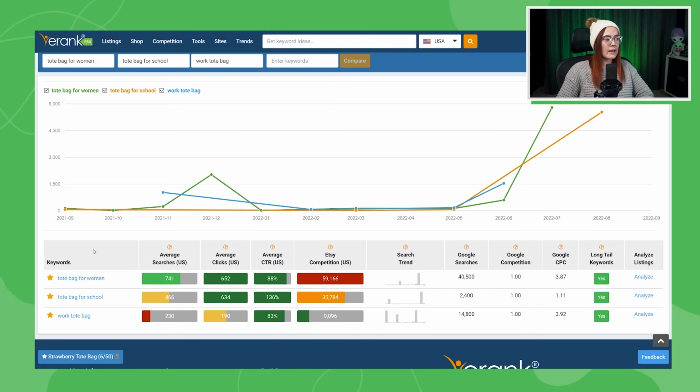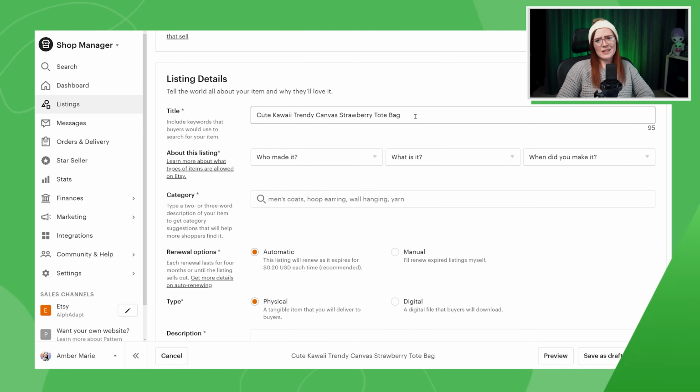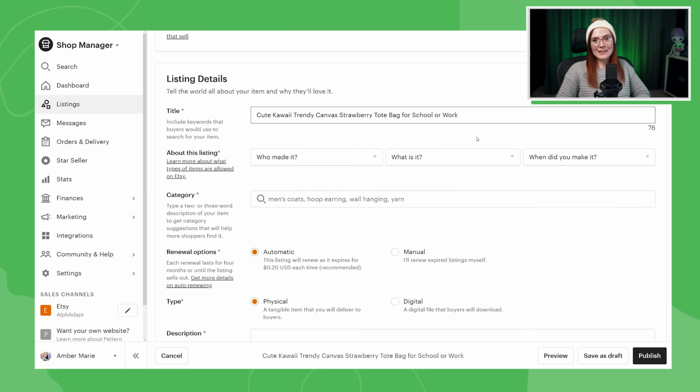Looking at these numbers, I can already see that tote bag for women is going to be really hard to rank for. So for now, I think I'm going to target shoppers who are looking for tote bags for work or school, since these will be easier to rank for. And remember, since I'm not super concerned with exact matching for these terms, I can just add for school or work into my title, because I already have the word tote bag in my title, and Etsy will be able to broad match them together in every combination. So adding this term into my title, it now reads, cute kawaii trendy canvas strawberry tote bag for school or